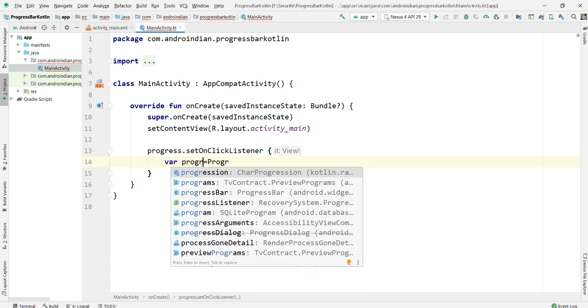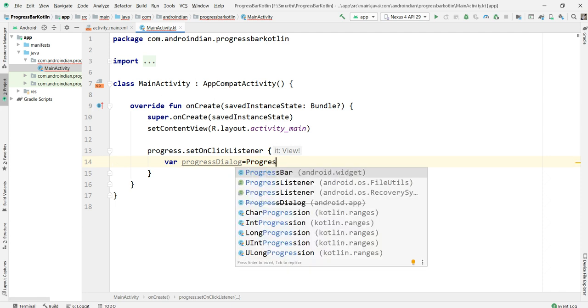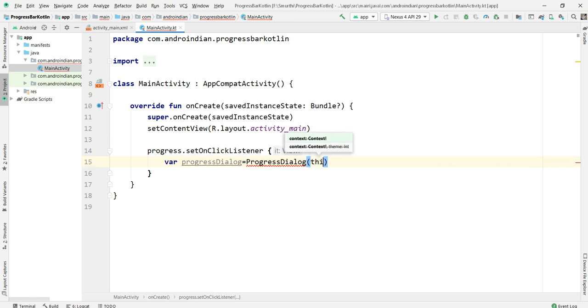The name can be user defined anything, but better we choose similar terminology so that we can easily understand it. So here it's a context. That context in Kotlin is this@MainActivity.